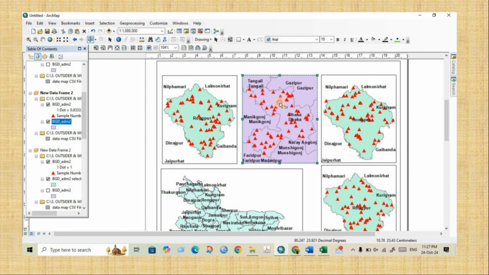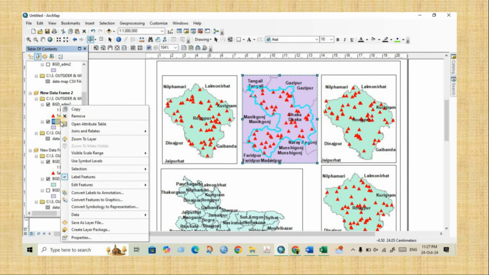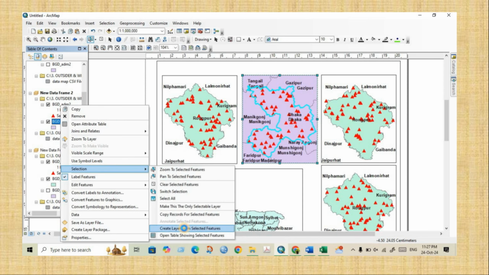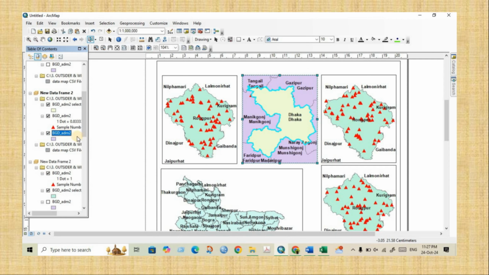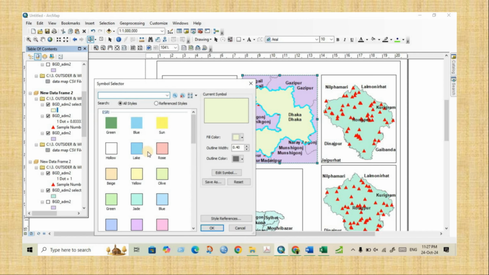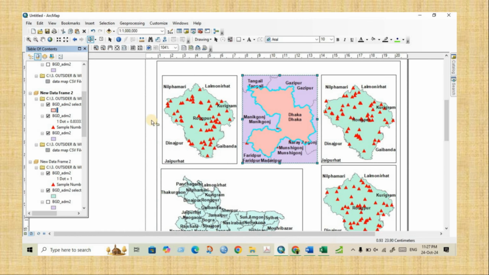Select tools, copy from here, selection, create layer for the selected features. The layer will be created. Here, this one is the layer. You can choose a different color like this. To remove this selection, we will click outside, then go,